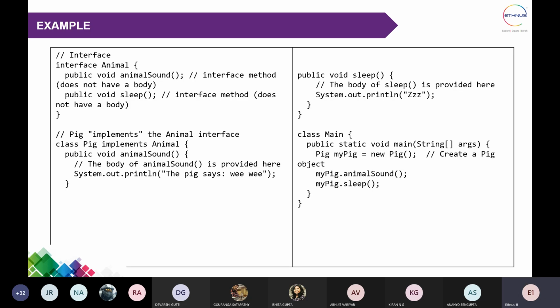In the previous session, we saw this particular example using an abstract class. We created an abstract class Animal, and in that we created one abstract method and one normal method. So public void animalSound we kept as an abstract method, and